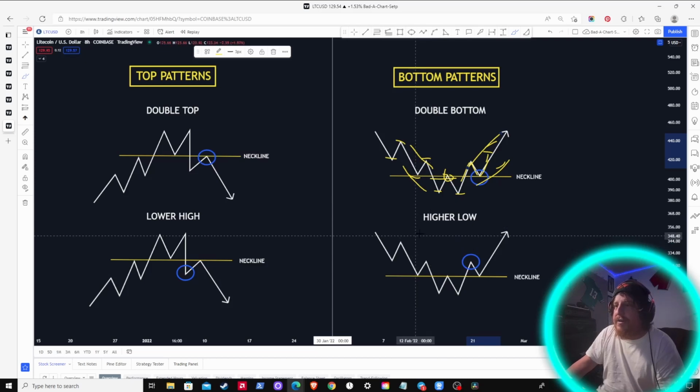And then a higher low down here, same thing, just the reverse of a lower high. You've got this high, lower high, lower high. Flip side of that, you've got a low, lower low, lower low, right? Again, in a downtrend. Now, what you're looking for in that case is price action, whatever your last lower high